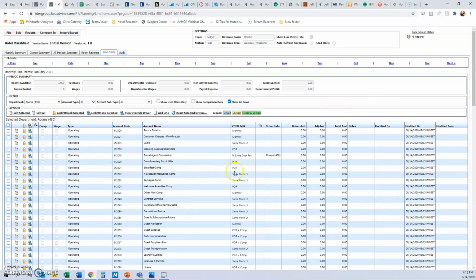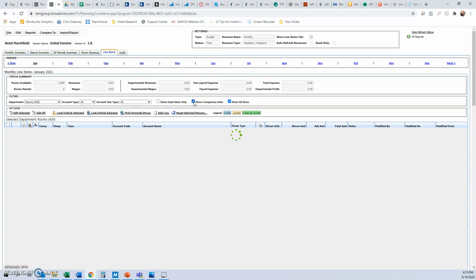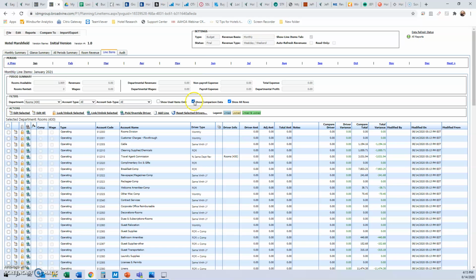You still don't see it on the screen because the final thing we need to do is click Show Comparison Data. Okay. Once we do that, you now do have the Compare To information loaded over here. And you can see a total variance area now based on what we end up putting in for the driver amounts. If you go to, let's say, we'll do cable,